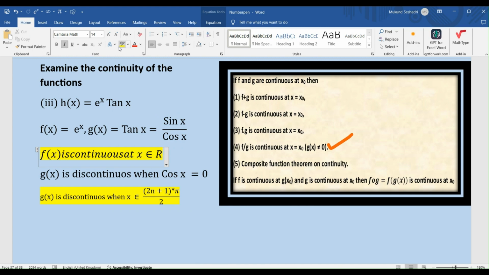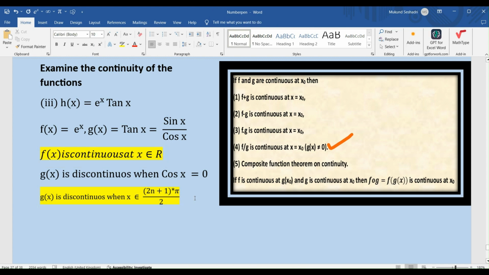So to this I apply the product rule. Like I mentioned in my earlier videos, when f of x is continuous at all points and g of x is discontinuous at a particular point x equal to x naught, then f dot g will also become discontinuous at x equal to x naught. By that rule, everything boils down to the algebra of continuous functions, which I have listed on the screen for you. So all that I mean is f of x into g of x is continuous at all points in R except,